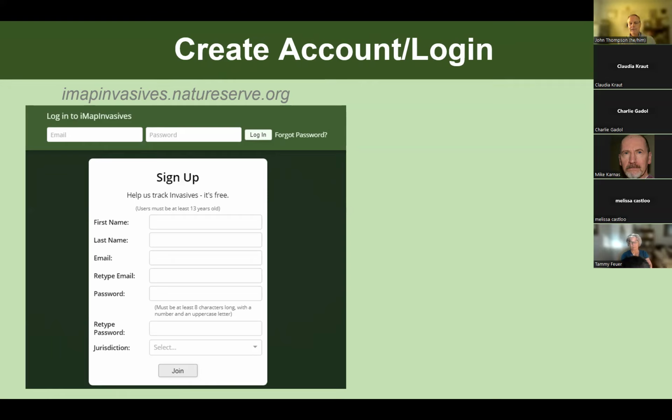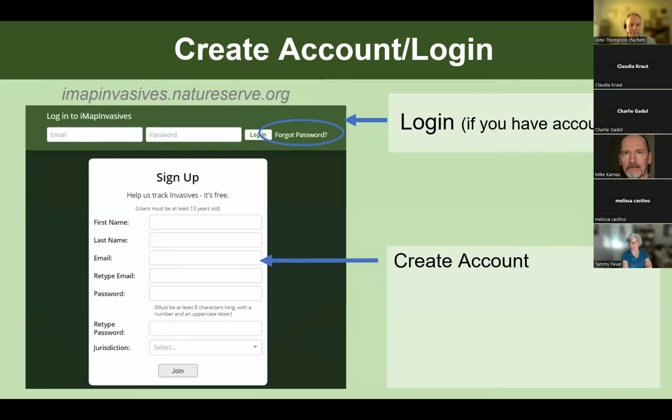If you haven't used your account for a while, you could click on forgot password and enter it in. And you'll get an email, and then you could create a new password. So log in if you have an account. And then if you need to create an account, then you just start filling out this form here on the